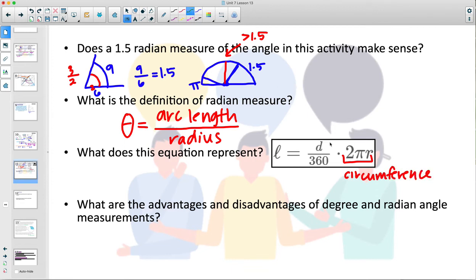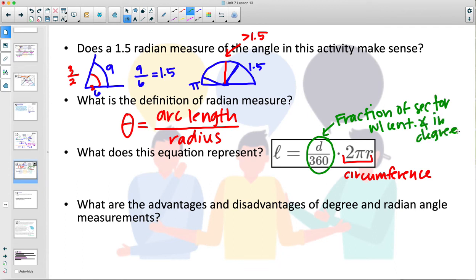And this is a partial degree out of 360, so they're doing a part over 360. So this would be a fraction of a circle, or a fraction for a sector, with the central angle in degrees. So if we're looking at part of the whole circle's circumference, we're looking at an arc length formula in degrees